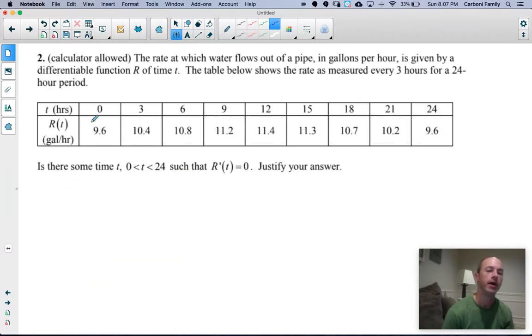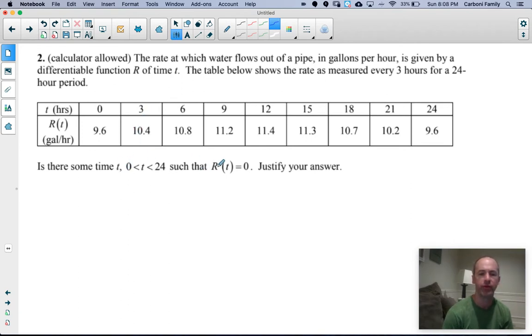All right, so moving on to question 2, and you are allowed a calculator on this one. This is an old free response question. However, the calculator is really not going to be of any use for this part. We have a table that provides the rate that water flows out of a pipe in gallons per hour. They give you values every 3 hours for a 24-hour period. And the question is